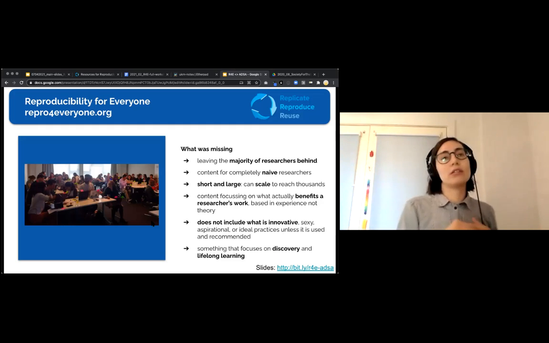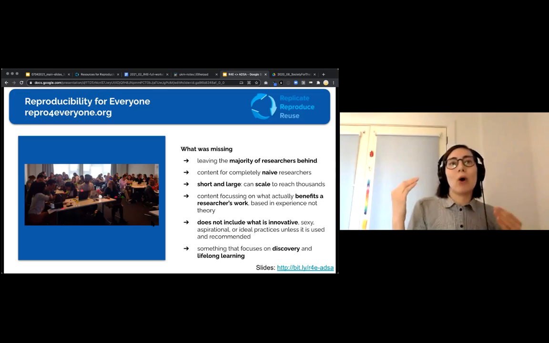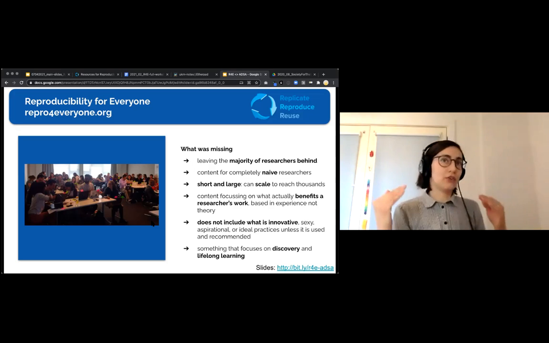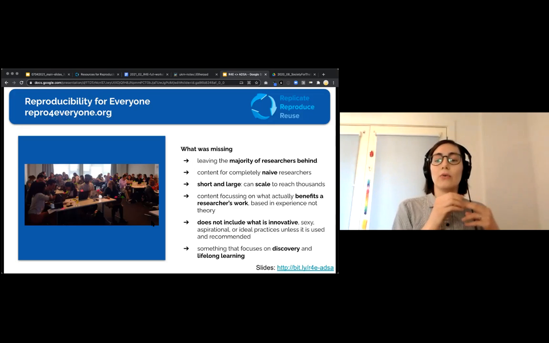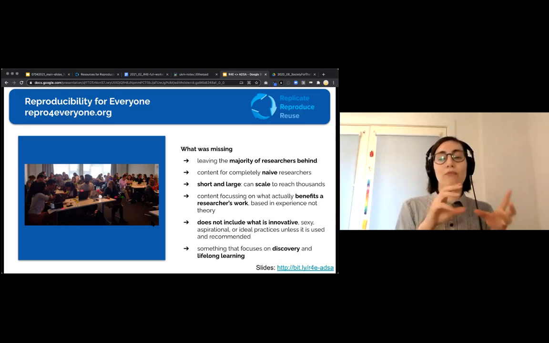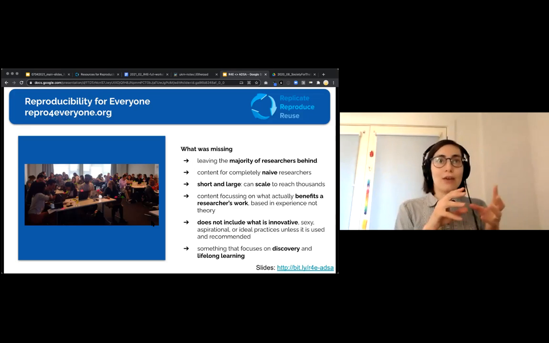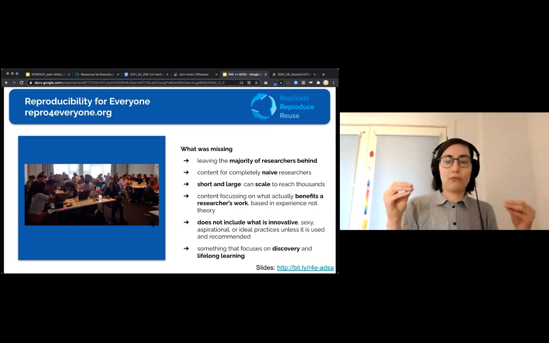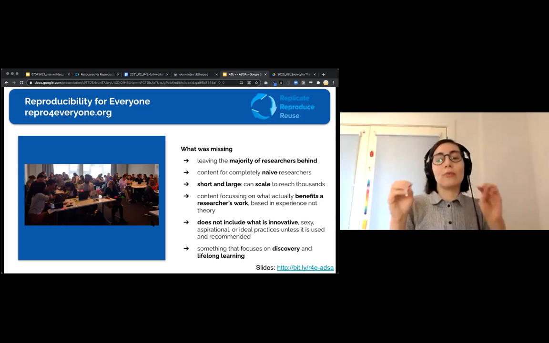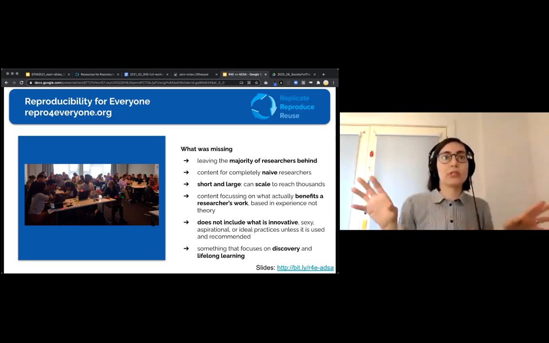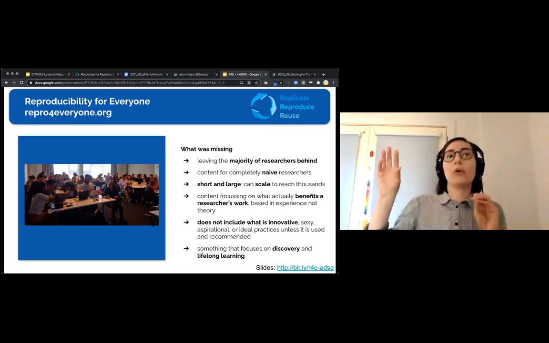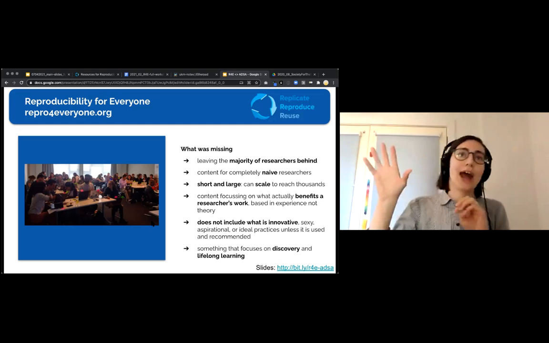And we also wanted to think again about what are the topics that actually will have the most impact on an individual researcher's ability to reproduce their own work and reproduce their colleagues' work. So we started thinking about what content actually benefits a researcher immediately and with the smallest amount of change in their workflow, and have that rooted in actual researchers' experience and not just theory. Because a lot of us that are really interested in reproducibility, we have a lot of theory, this tool will theoretically change how people